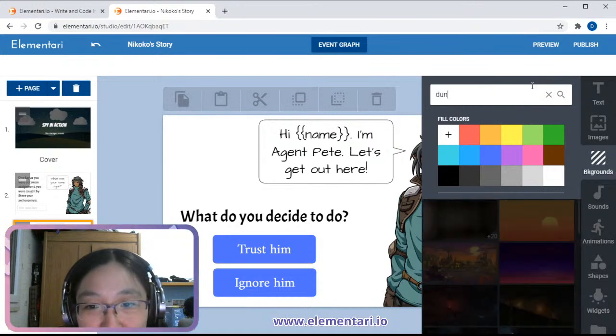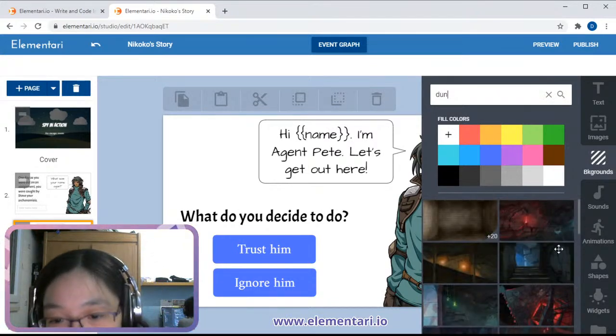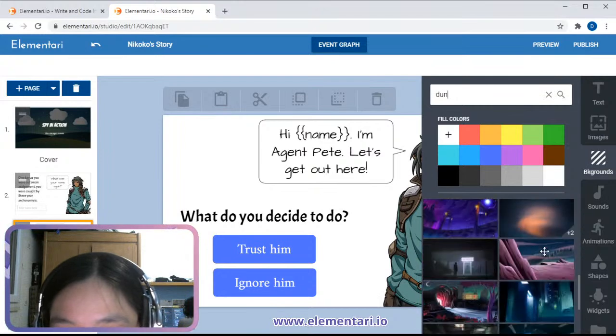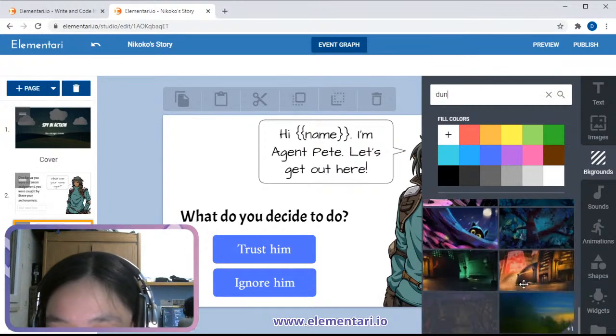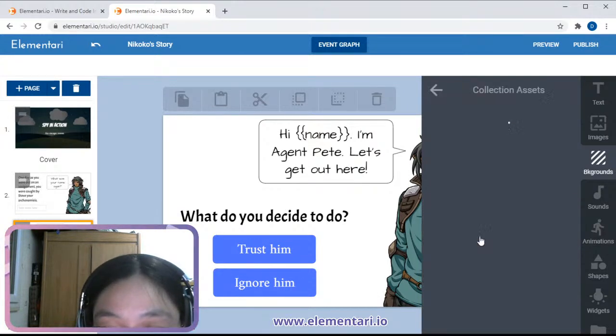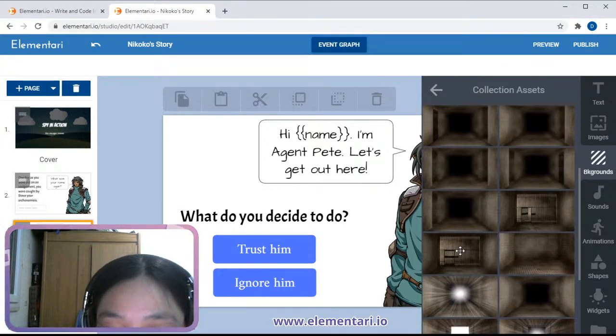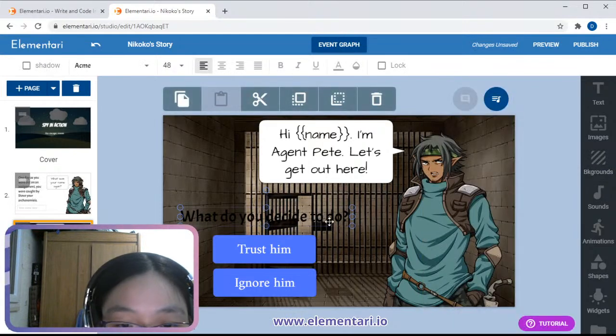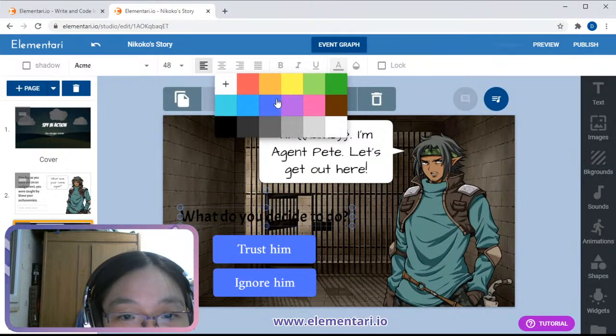I think we have a dungeon. Yeah, here we go. We have a lot of really scary dungeons. Let's do the simple jail.